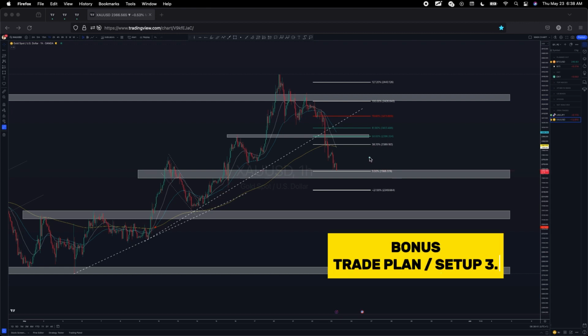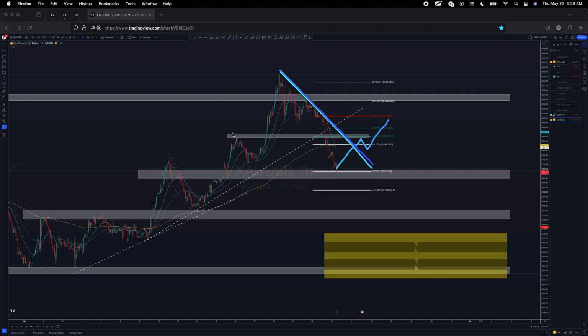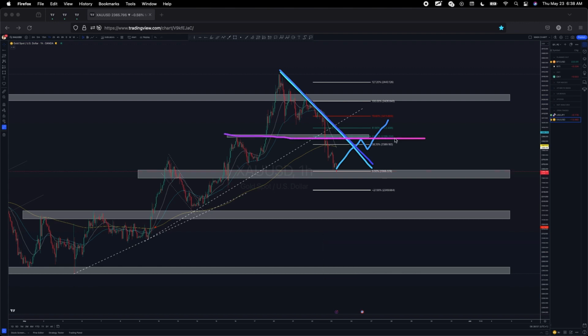Secondly, we might also see a break of this trend line. You can see this is a bearish trend line right here. We see a break of it, and the break also appears above this area. Excuse me, let me draw that again. They also break above this area right here. If you see a pullback, I might be looking to take another buy trade, because